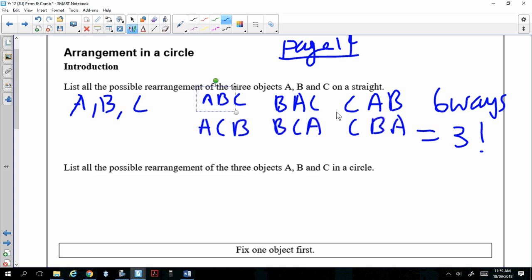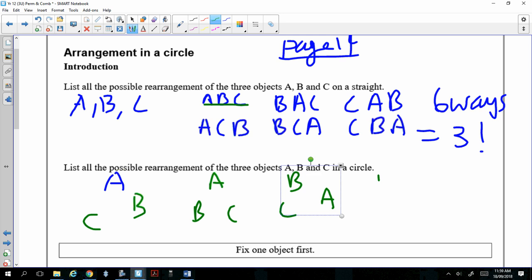All right, so which is 6 ways, 3 factorial. But if you put it in a circle, if you do the same arrangement like this, A, B, C in clockwise, and then A, C, B, and then B, A, C, and B, C, A, and C, A, B, and C, B, A in a circle,